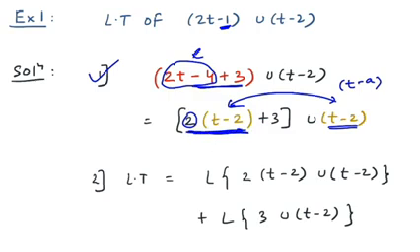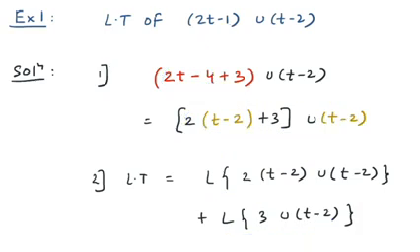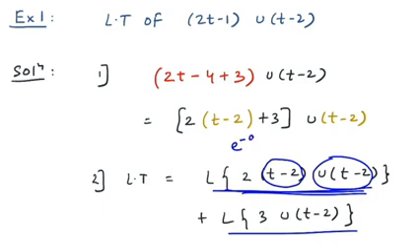This part is function 1 and this part is function 2. So when u of t minus 2 is multiplied to function 2 and function 1, the Laplace would be split, right? So now you have to solve the Laplace of this function, then the Laplace of this function. When you are solving the Laplace of the first function, you have to use the Heaviside shifting property, because in the previous slide you have seen that whenever you have f of t minus a into u of t minus a, first you have to write e raised to minus as, right?